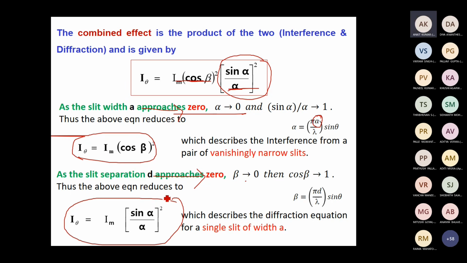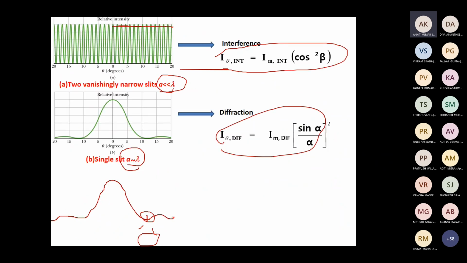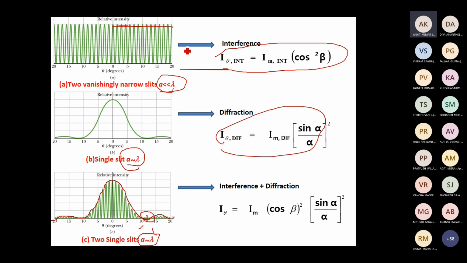Now, in the second case, when you are decreasing the separation between the slits, what will happen? When you decrease the separation between the slits, it will become a single slit. Then the interference pattern will not be there. It is only a diffraction pattern. The same thing has been put in terms of images. This is a case where you see that all interference bands are of the same height, that is, of the same intensity.